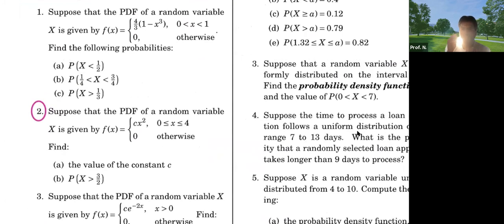You are just utilizing the given PDF and setting up the direct definition, which would be the integral from 1/2 to negative infinity of f of x dx. Why am I doing that? Because my x value has to be less than 1/2, and my random variable x